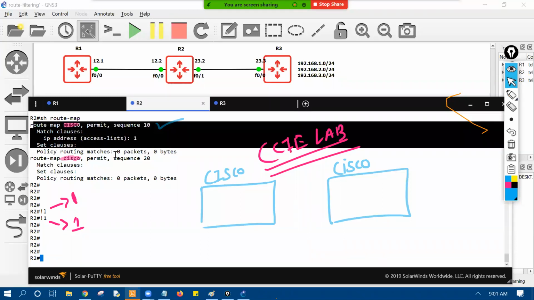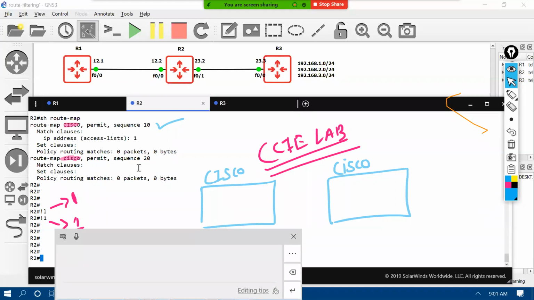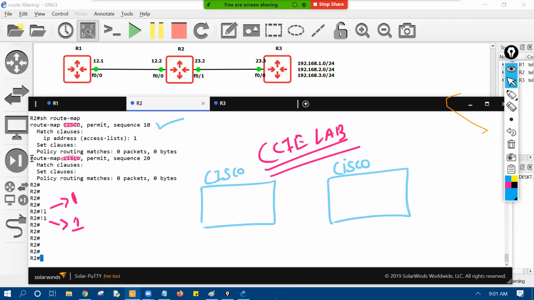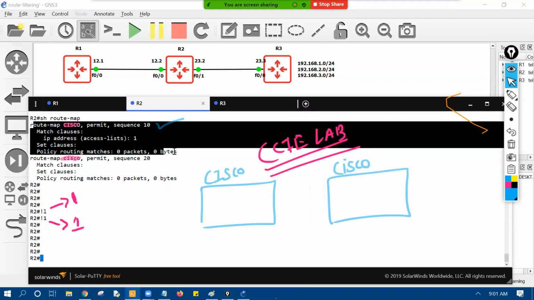What is the last statement of this block? The last statement of this block will be the implicit deny, because there are two route maps over there. This sequence, route map sequence permit 20, right? This is a different route map, and this is a different route map. And that's why, if you check,